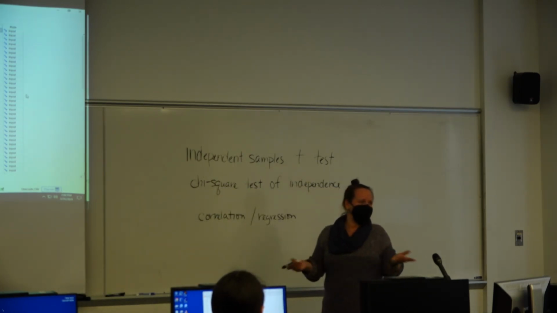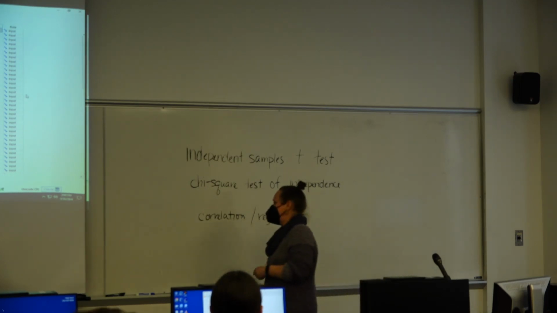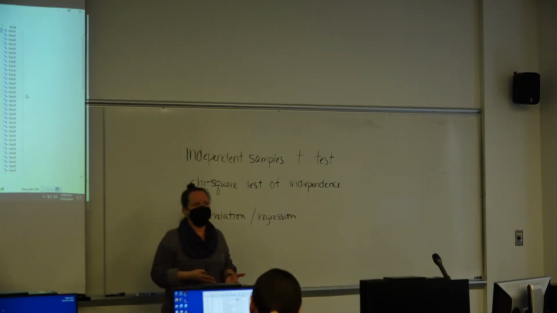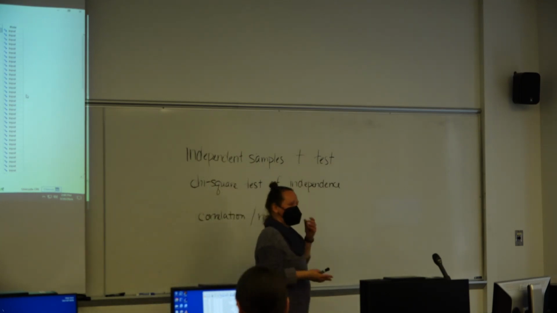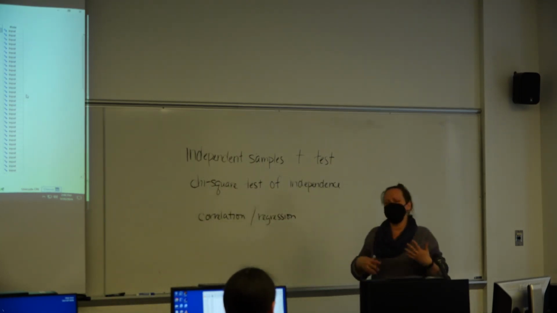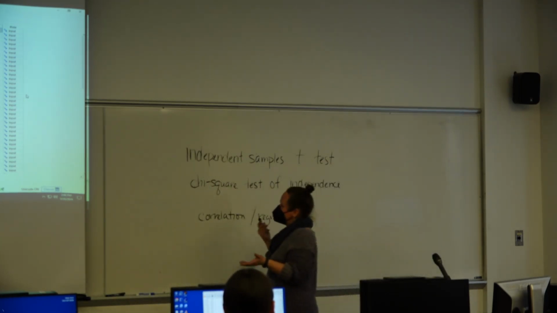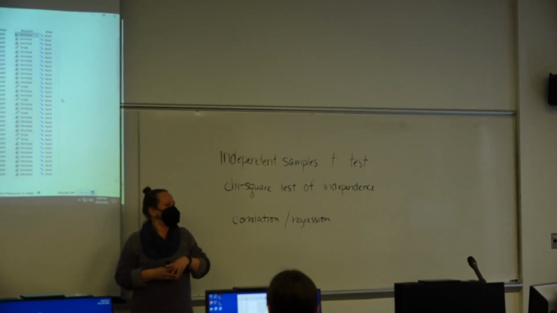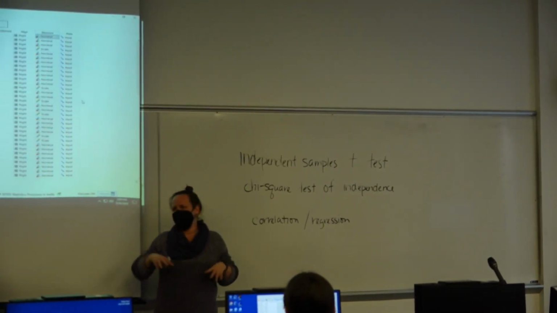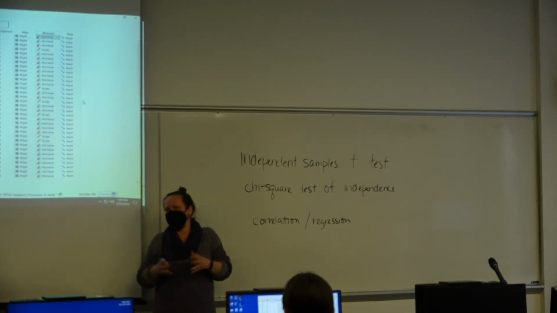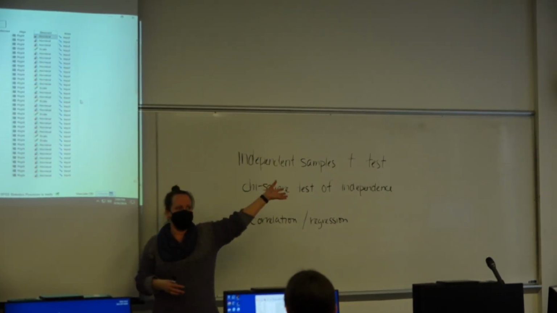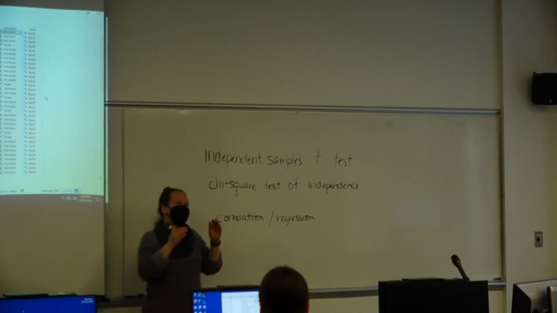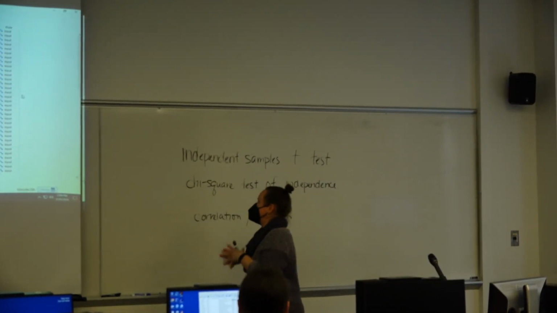Sampling error means that when you take samples from a population, the samples aren't always going to be exactly like each other. They're not going to be exactly like the population they came from, and they're not going to be exactly like each other, because there's a little bit of variability in the way people score on your quantitative variable. And some people are going to score kind of high, and some people are going to score kind of low, and it's possible to get a sample of people by accident who all score high or who all score low. And so a little bit of difference between the means of the two groups is not